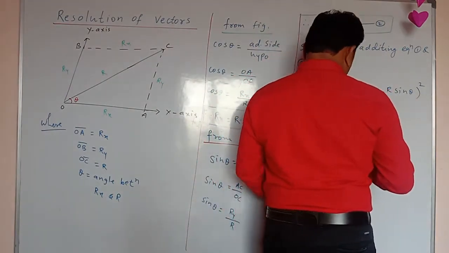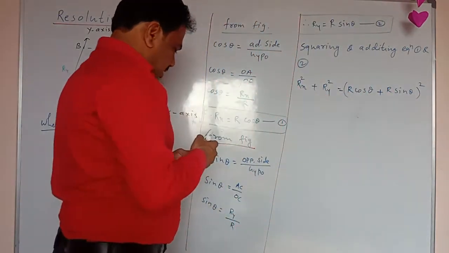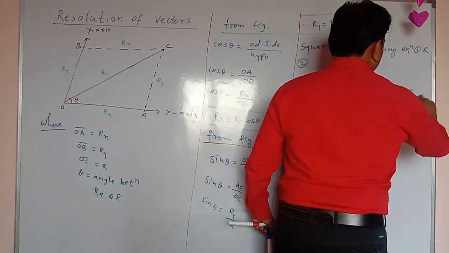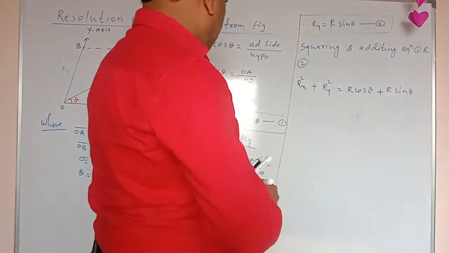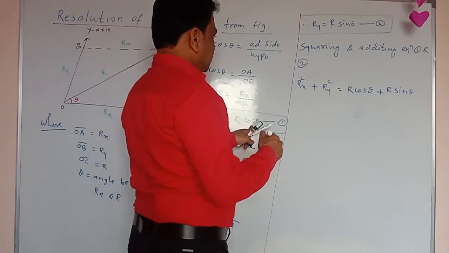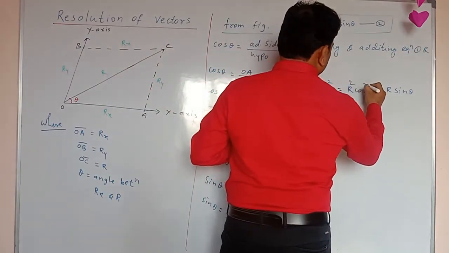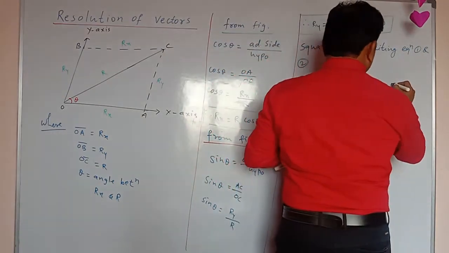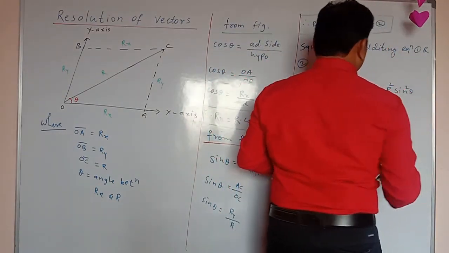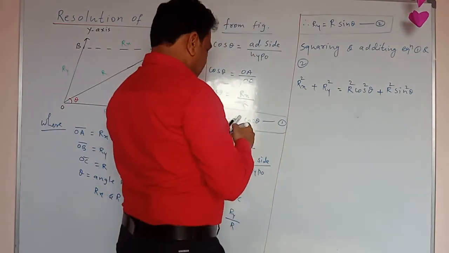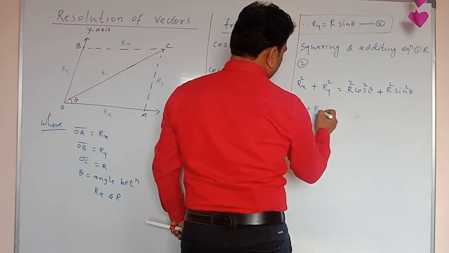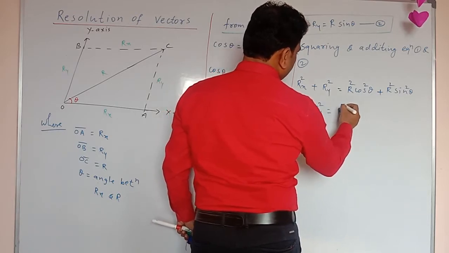So we can write directly here, what is the value of Rx? The value of Rx is R cos theta. So we can write directly Rx is equal to R cos theta, meaning Rx square is R square cos square theta, and the value of Ry is R sin theta, so Ry square is R square sin square theta. Okay, so taking common terms, Rx square plus Ry square is equal to R square, the common term,